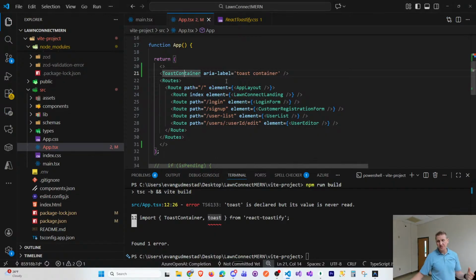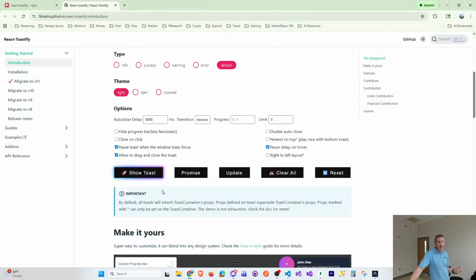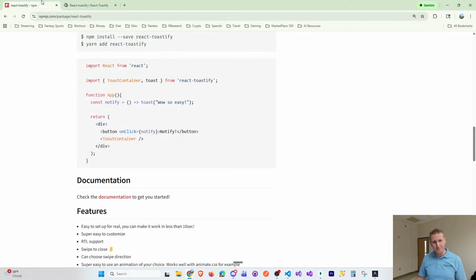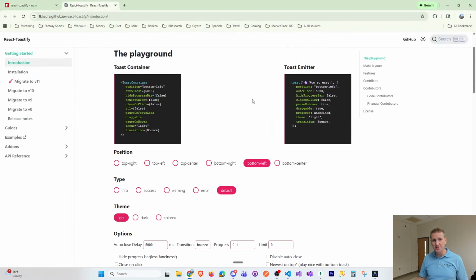Okay, so I've added the ToastContainer, which is part one, and really, all these settings, all these attributes on my ToastContainer are configurable, very easy to change, very easy to test. You can make those changes as you need, whether it's draggable, whether you can close it or you can't close it. Okay, so then the next thing to do is to call this toast method, right? Depending on if it's an error, but basically here is a method called toast, then you've got this string, and then you've got this object, right? So this toast followed by a string